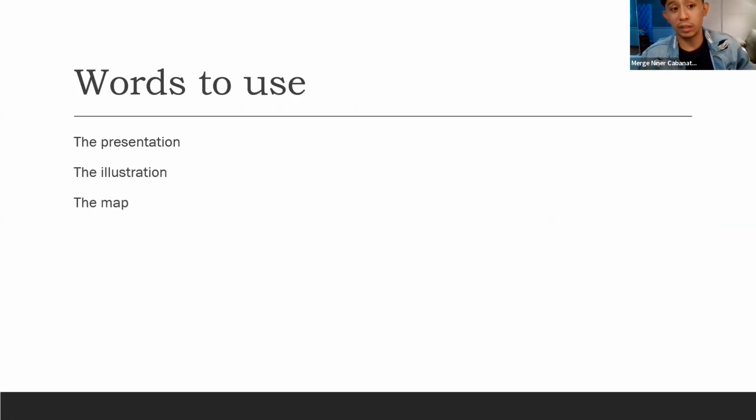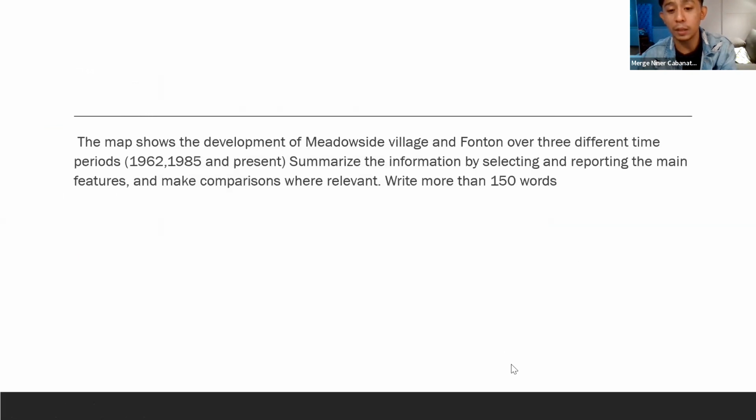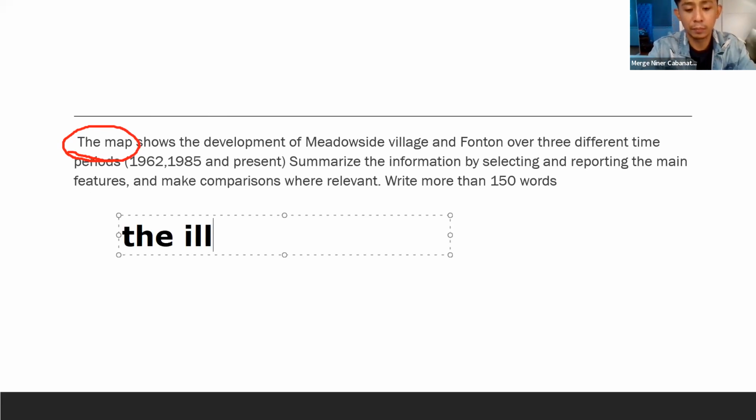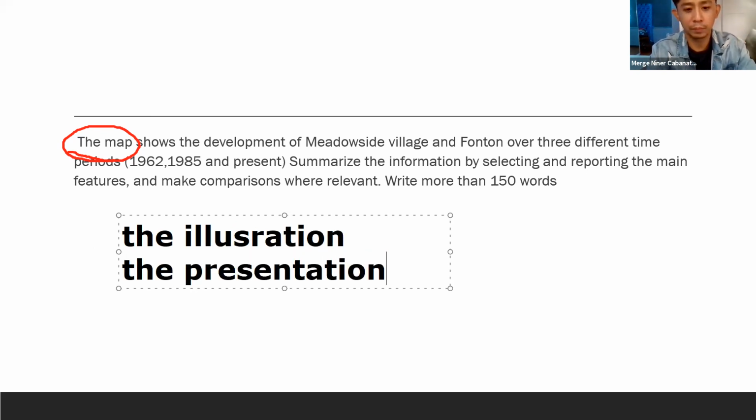So for the words to use, for the first 3 words, you can use the presentation, the illustration, or the map. What will I choose, sir? What do you think is the most appropriate word to use? Look at this, okay? I will return to the task description. These are the first 2 words of your writing. So between the illustration, the presentation, and the map,